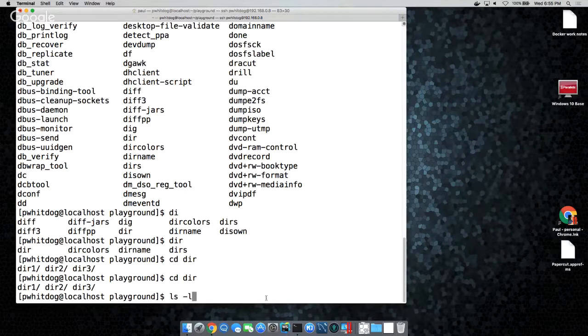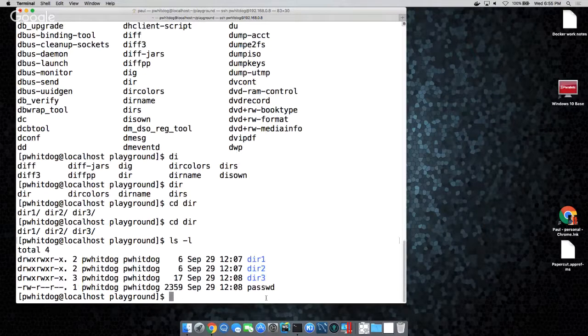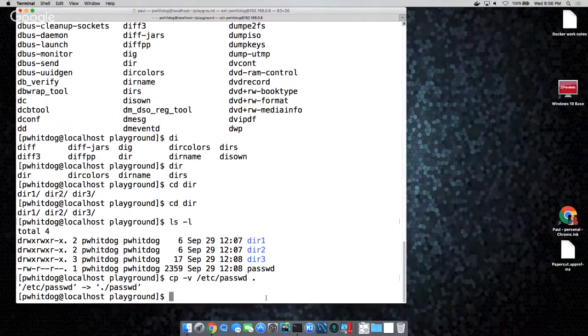ls -l, you're already there. Okay, so let's just repeat the copy. He wants to repeat it and show an option in cp. So from the playground directory, you want to cp -v /etc/passwd to dot. That's the verbose option in cp, and it's just going to show you exactly what it's doing. You can see he's trying to tab complete. That's why it's blinking on him. Every time it blinks, it's ambiguous. Keep typing until it stops blinking. Now this is verbose, just showing you copied from etc password to dot/password. He just put dot as the destination, and it assumed to take the same file name you copied from and put it in a file named the same thing where you're at.